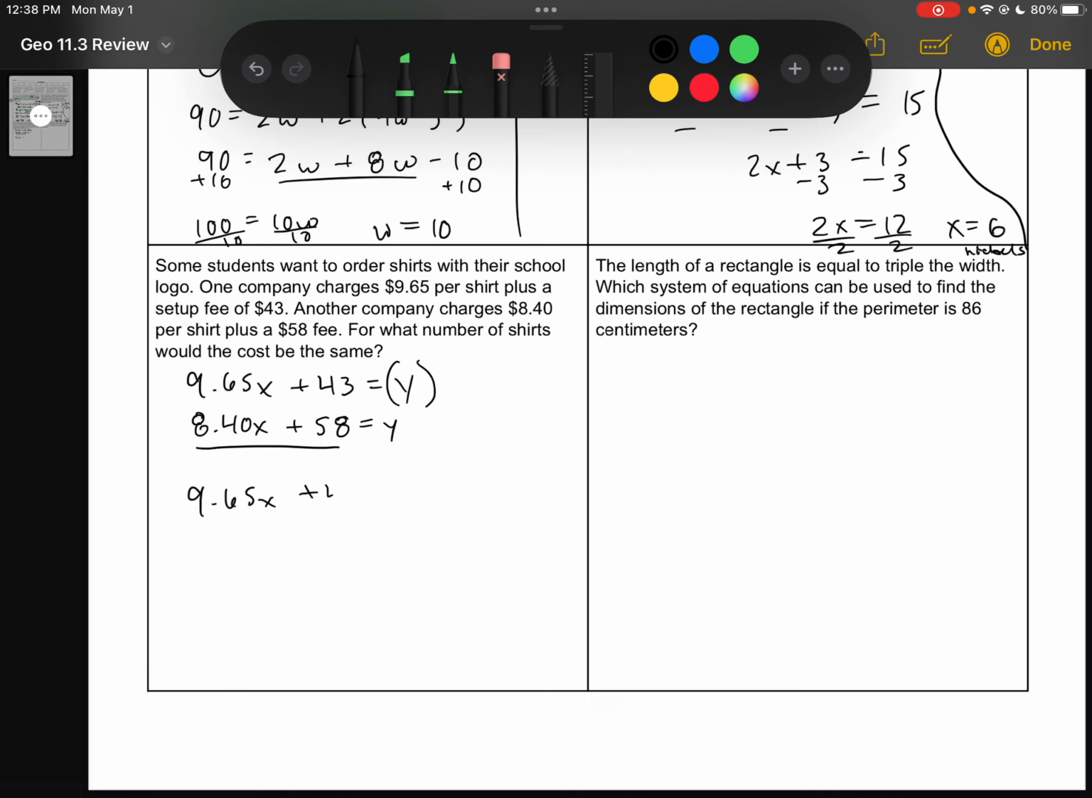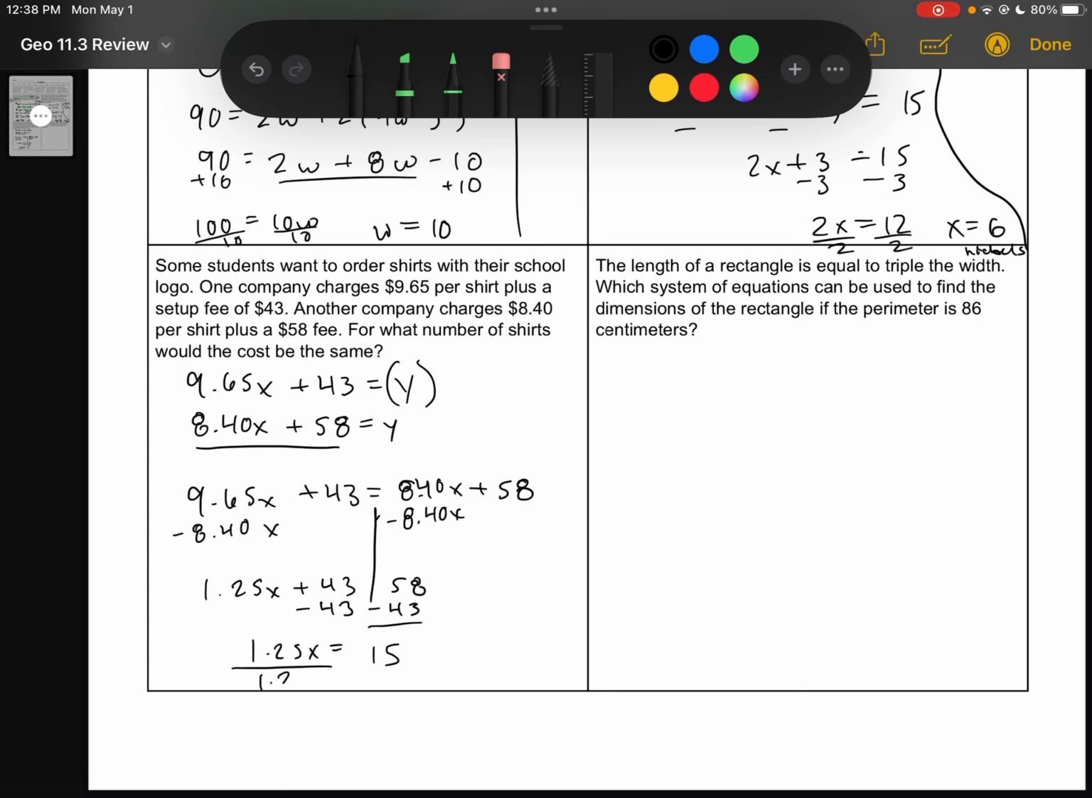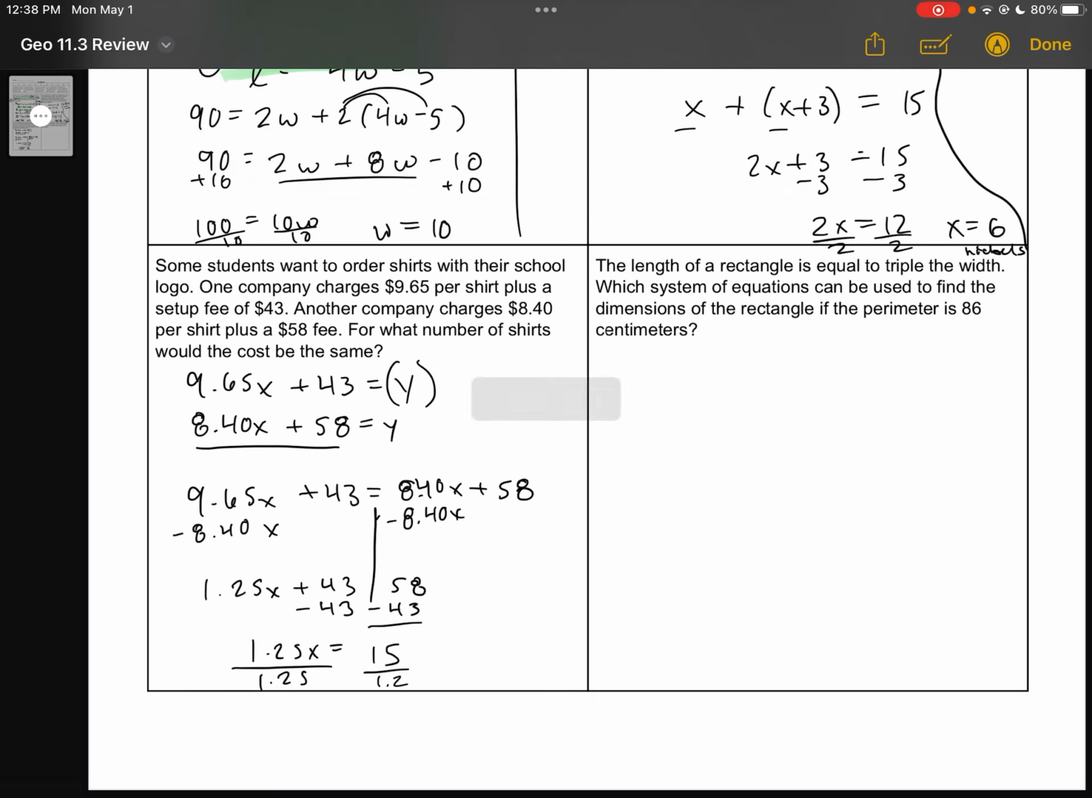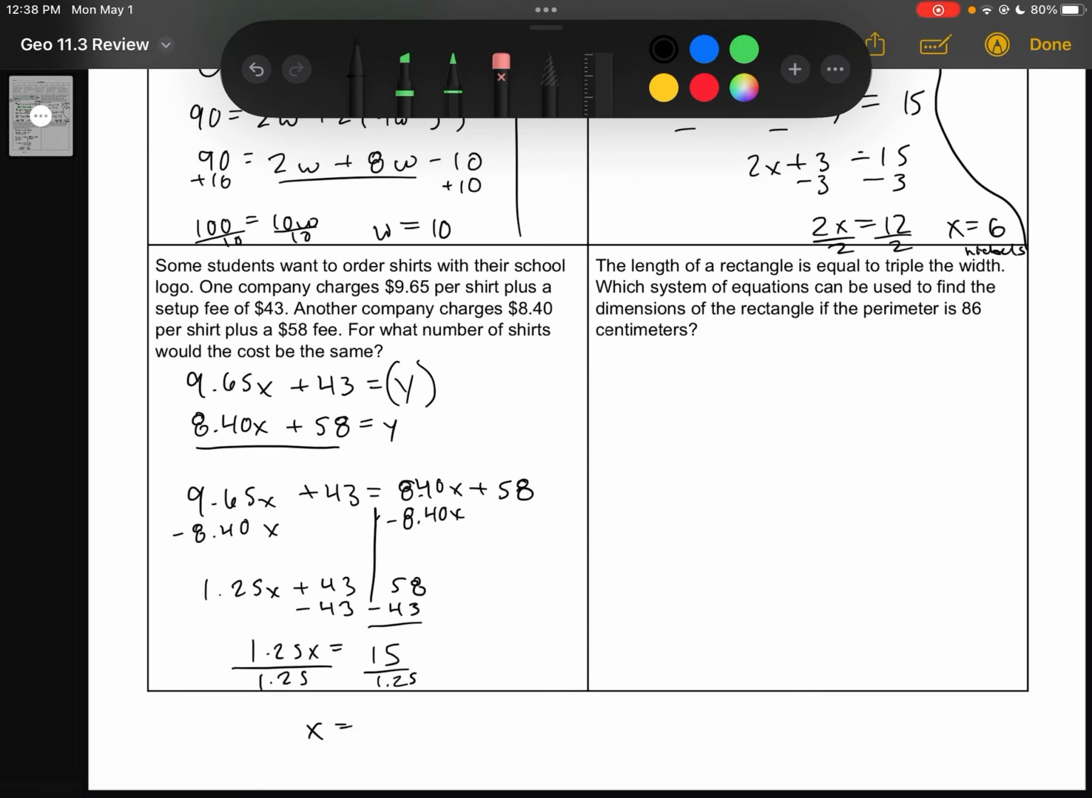So 9.65x plus 43 equals 8.40x plus 58. And we'll put all the x's on one side and all the numbers on the other side. So 1.25x is equal to 15. Divide both by 1.25. And we'll get x equals